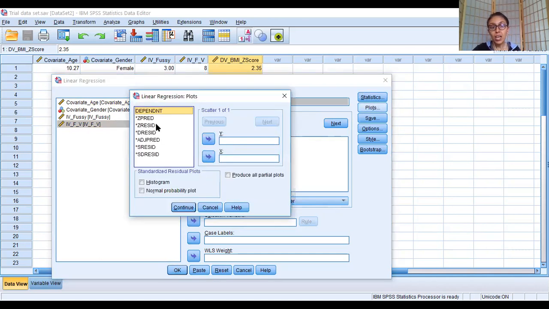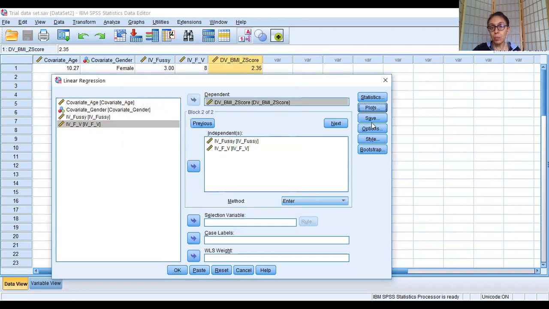I'm not plotting anything, but do you see these terms? These terms were explained to you in your PowerPoint slides. So these are the things which you plot to identify, say, your homogeneity of variance. These are the things which you need to plot. But yeah, I'm not doing any plotting.